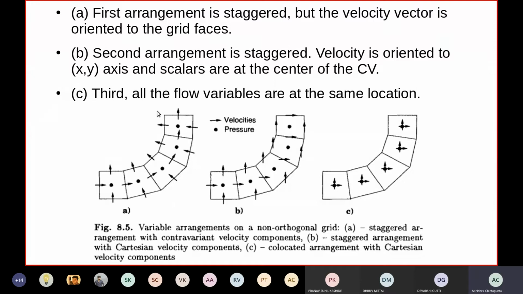Okay, so we always select configuration A for two reasons. One, it better represents the control volume analysis, and two, there is a problem you see here in figure B, where your velocity vectors are aligned with your basis or your axis. There, as the grid is changing its shape and direction, you are not going to get proper control volume analysis. You will not be able to do control volume analysis.